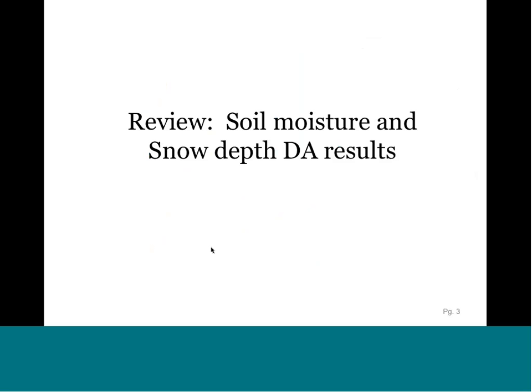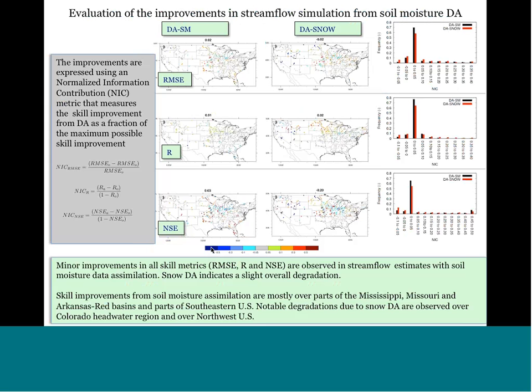So this is a quick review of the results from our soil moisture and snow depth data assimilation results from the paper. So if you remember, some of you have seen this before, but just the bottom line is that we first did assimilation evaluations where we evaluated the impact of the assimilation on the soil moisture in the surface and root zone using point data like SCAN to evaluate that. And the most challenging part of that evaluation was that the change in the anomaly correlation was quite small.